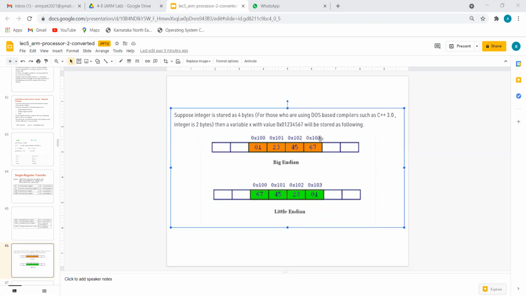The 7 side is the LSB side. LSB side information stored in a high address is called big endian.